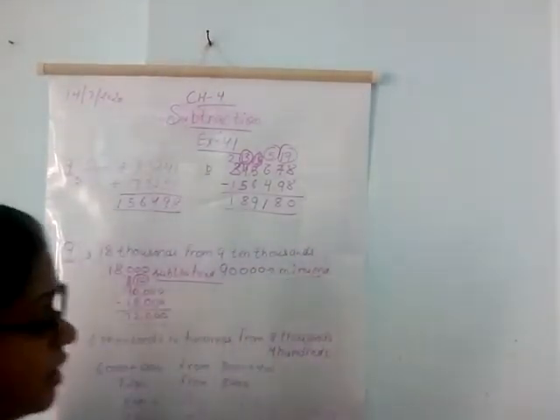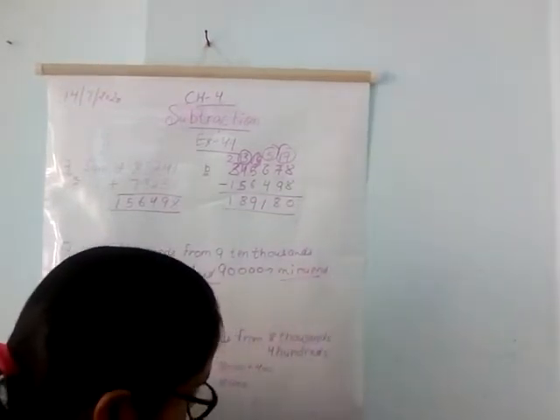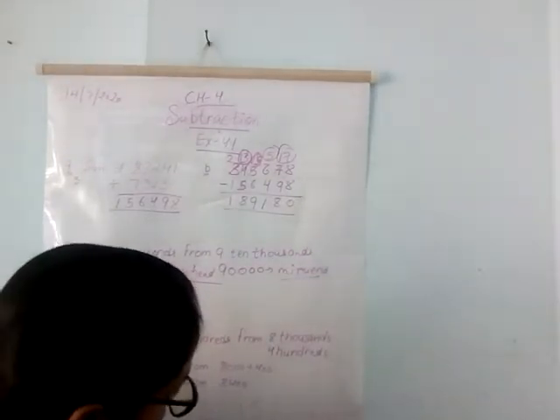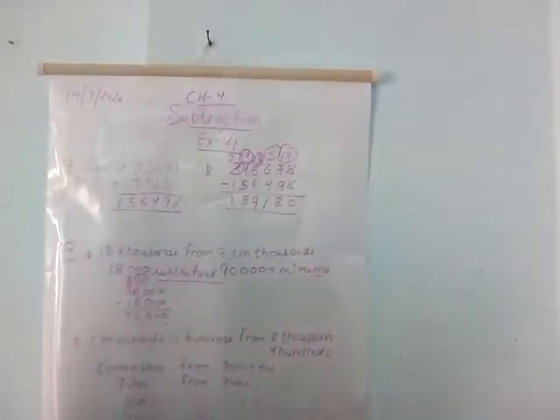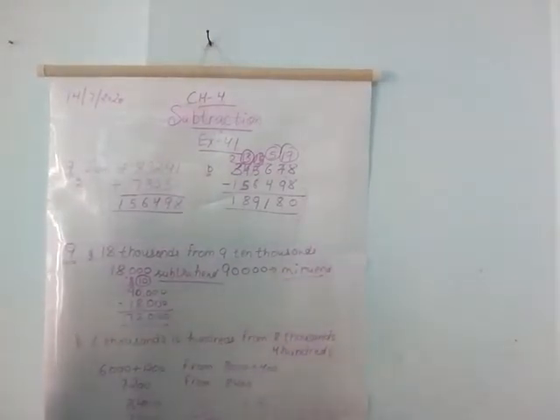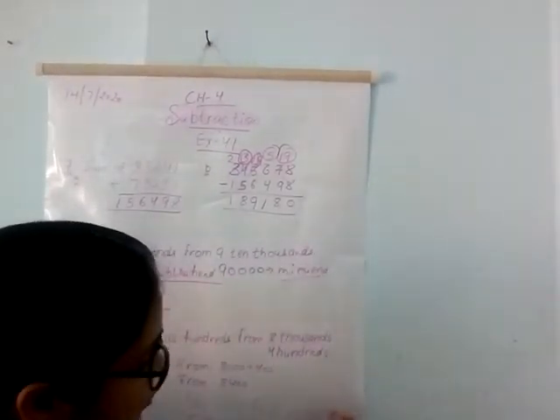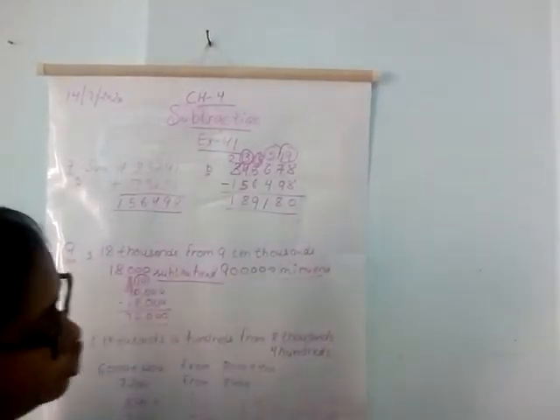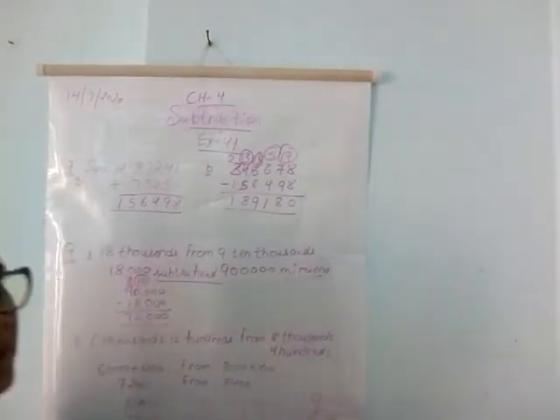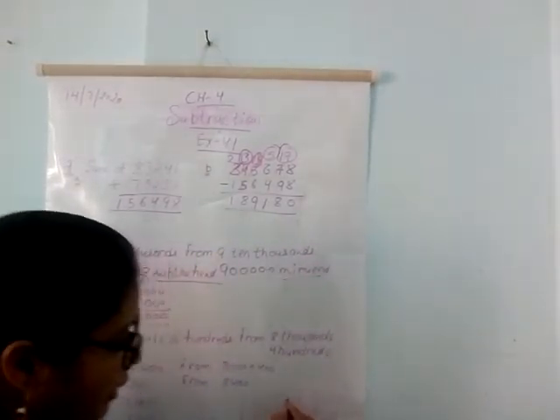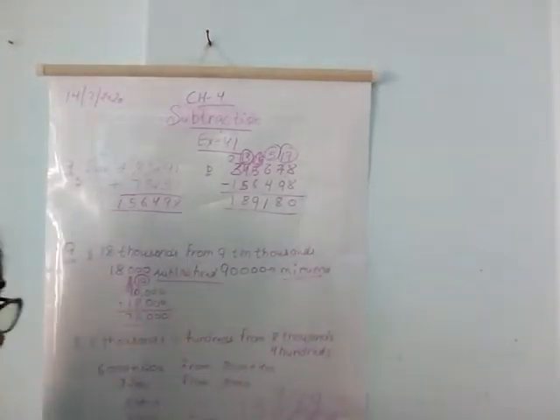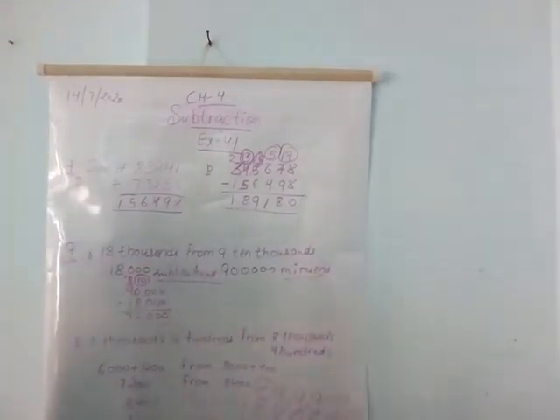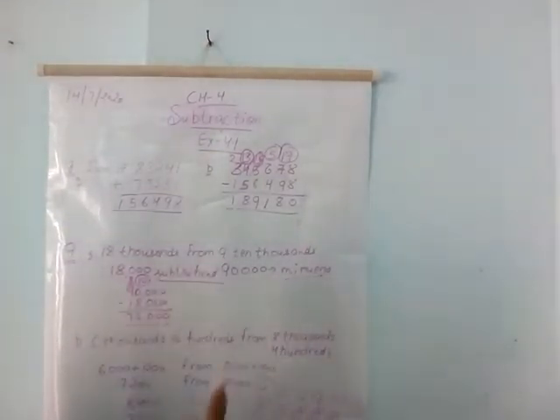Okay, now you can see me now. I am starting writing from the right hand side because I think there is a variation in the place values of the given number. Now what you have to do, you have to subtract it. Now I am going to do that sum for you also because it has a lot of zeros. From 0 you can't subtract, so we have to borrow. That 10 will become 9, again that 10 will become 9, again that 10 will become 9. Now because we have to take borrowing only from 5, from 0 you can't take any borrowing, so you will have to go forward.